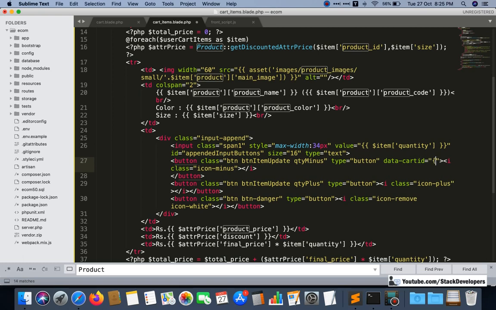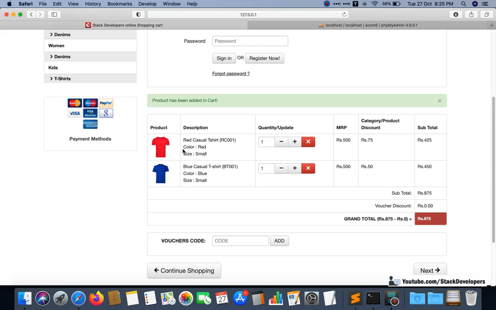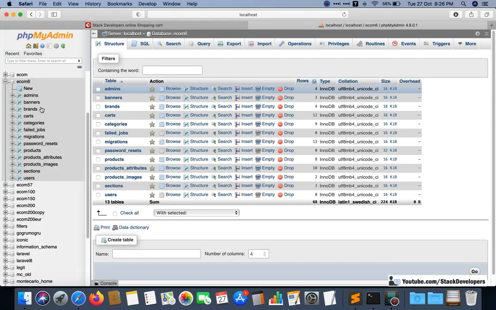There are many ways that we can pick the data in jQuery; you can choose your own. So here we are going to pass the card ID, whatever card ID is there.